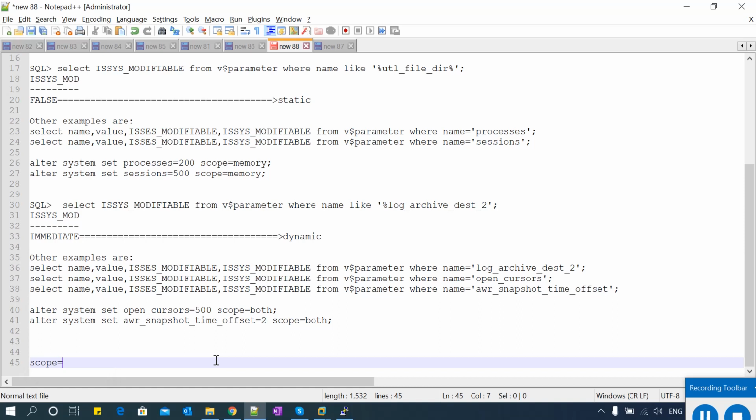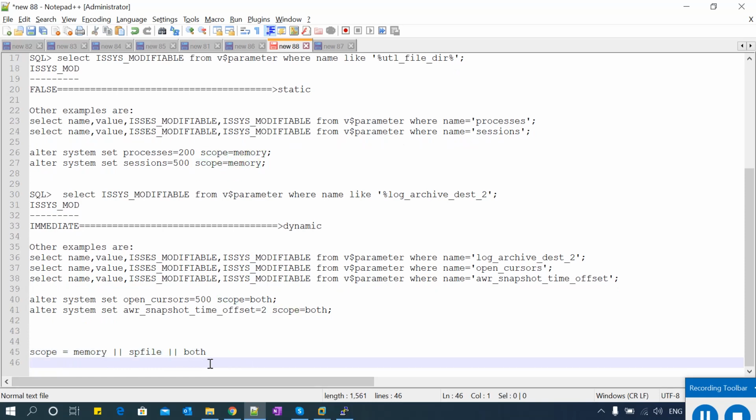Scope equal to, you can define memory or SP file or both. If you are new to my channel and have not referred to my previous video, I already covered what exactly the scope means and what are this memory, SP file, and both.